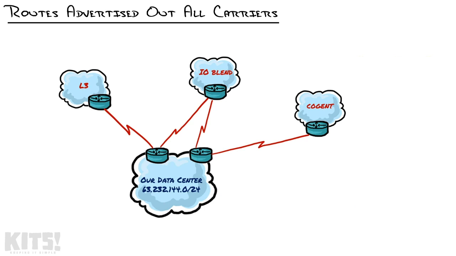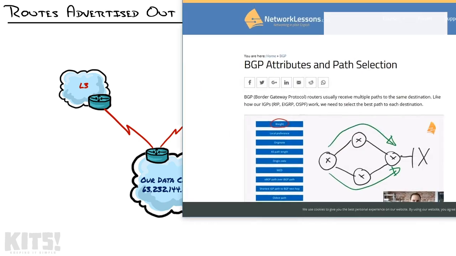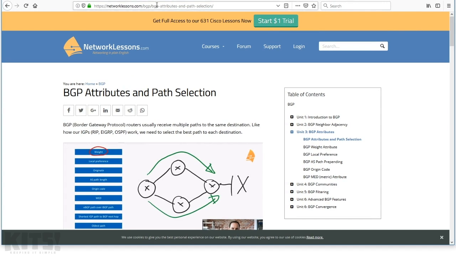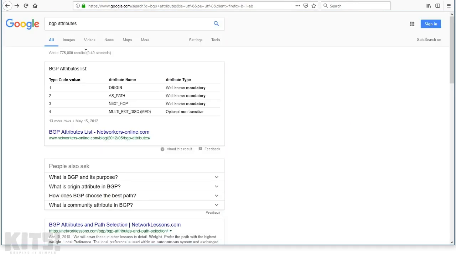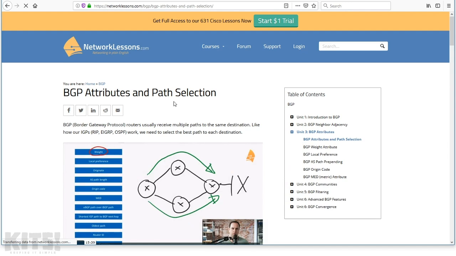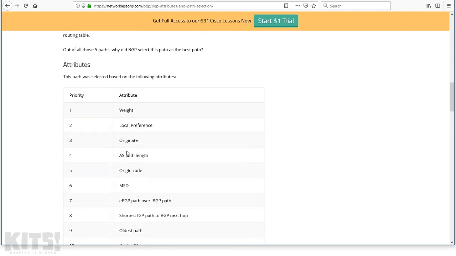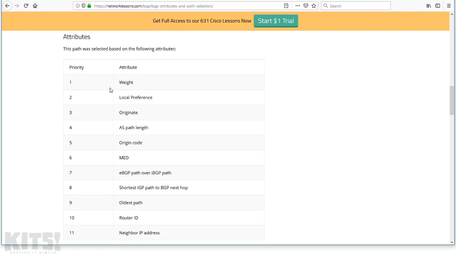I'm going to make the assumption that you've heard of the BGP attributes. If not, this is really what comprises your ability to select what routing algorithm or what routing direction BGP takes. I just went to Google and typed in BGP attributes, and one of the top hits took me here. It looks like some guy talking about all those attributes, and he has a pretty good list right here of what those attributes are. You can see weight, local preference, where the route originated, the AS path length, and so